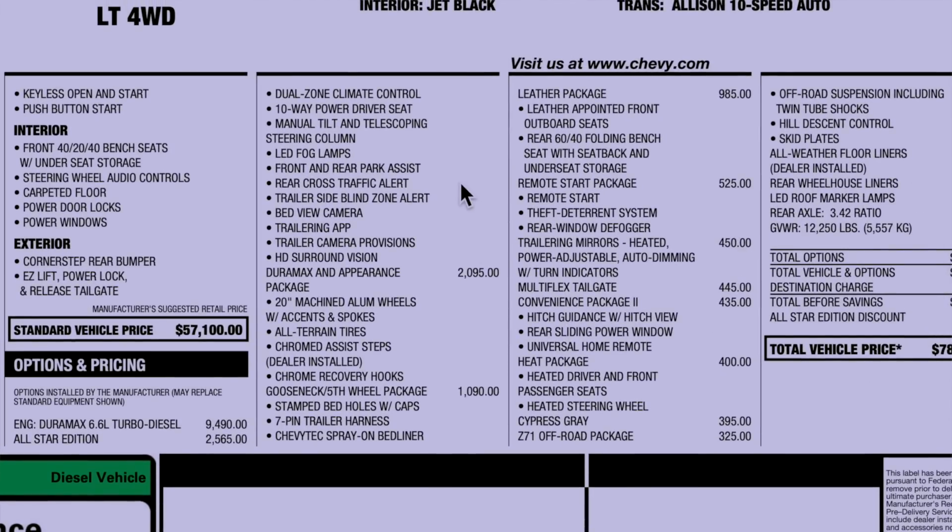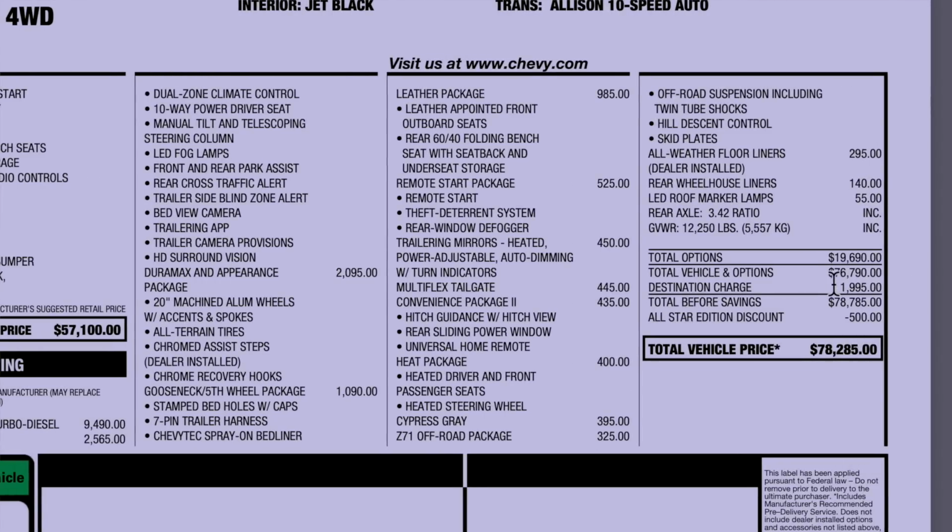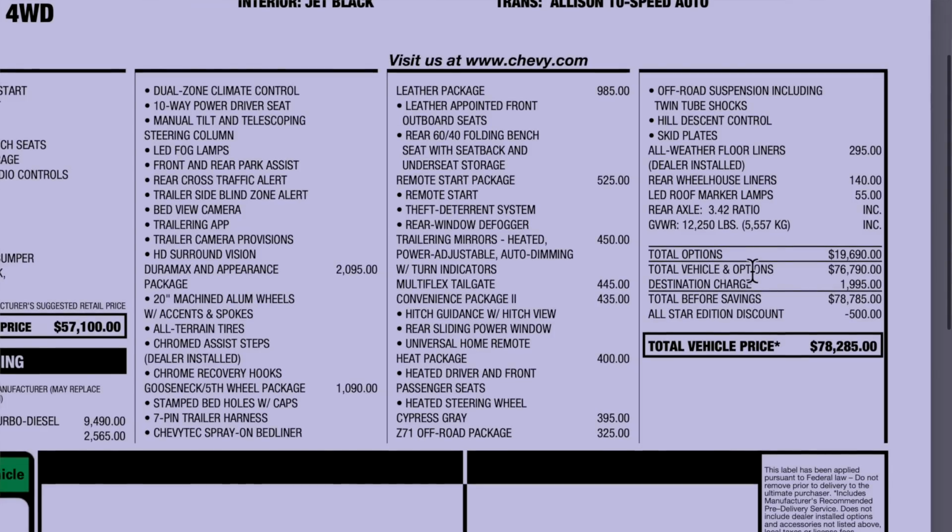Great features in there. This one also has the Duramax appearance package, so it gives you the 20-inch wheels, chrome assist steps, which are dealer installed, so they're not quite here yet. Fifth wheel prep package, spray-in bed liner, leather package, remote start package, trailer mirrors, which are going to be heated for $450, multi-flex tailgate, convenience package number 2, heat package, lots of features as you can see. Cypress Gray was an additional charge, and then this one does have the Z71 off-road package with the floor liners, and lastly the rear wheelhouse liners with clearance lights. Destination comes in at $1995 with a total price of